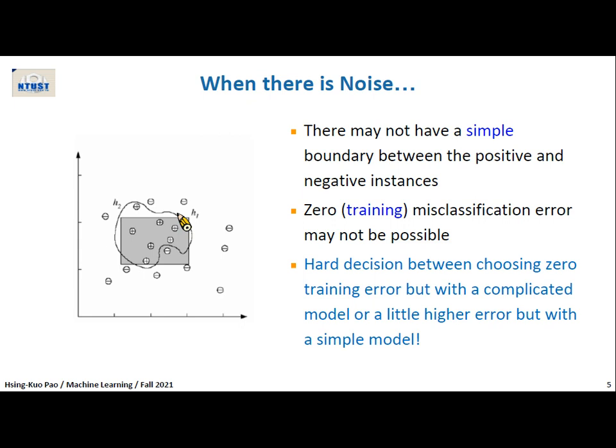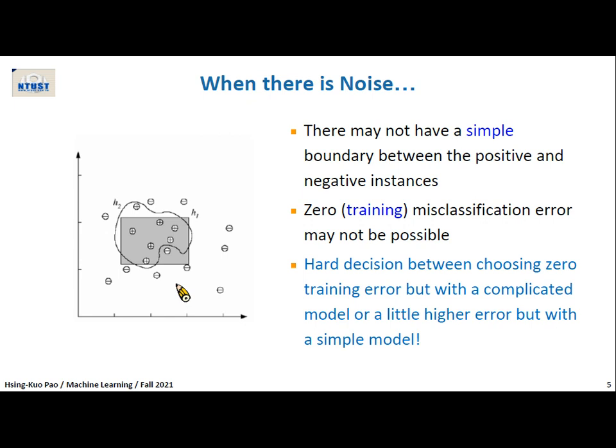Okay? On the other hand, maybe we can simply say, oh, that's noise. Then let's just forget about that, right? Then let's wait until more things like this come. So if a lot of data accumulates around what we called the noise before, then we know something is going on, right? There will be more data here, more data here belonging to positive, more data here belonging to negative. Then we know we have to give up our original model.